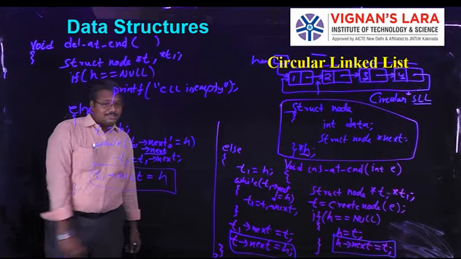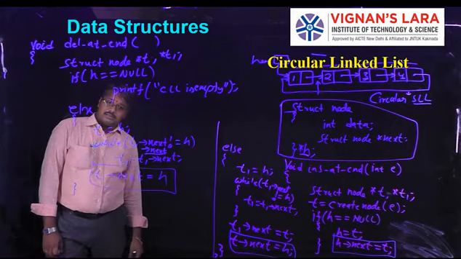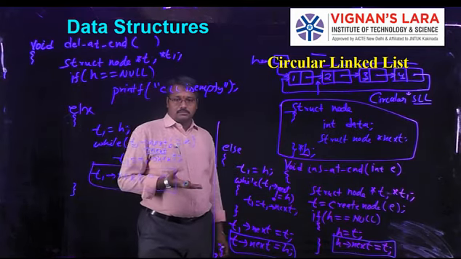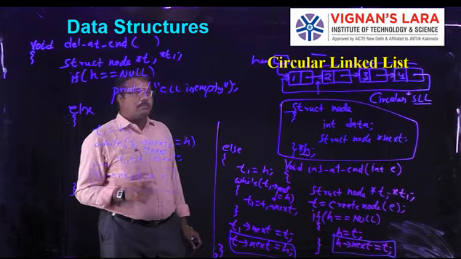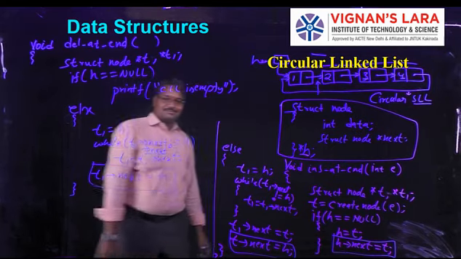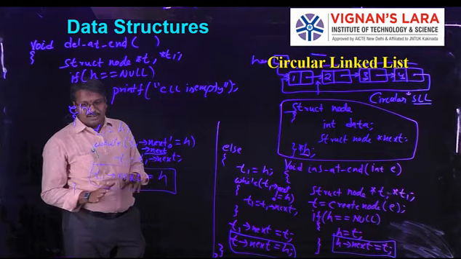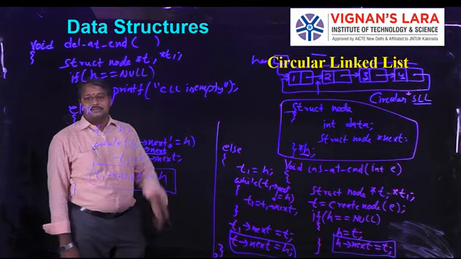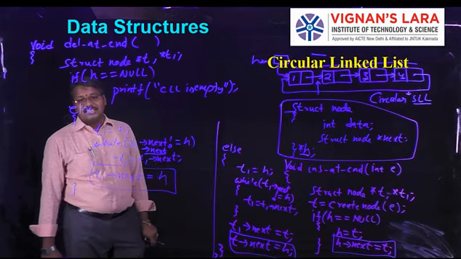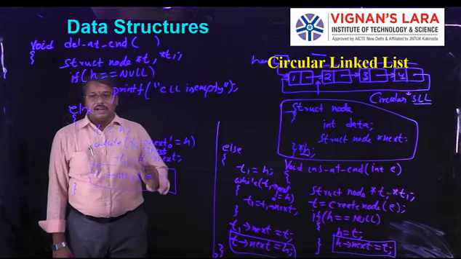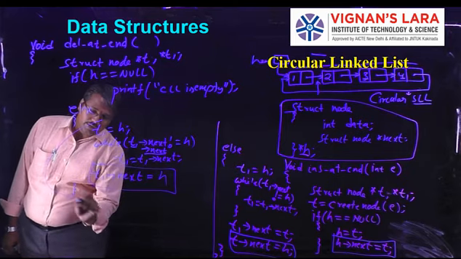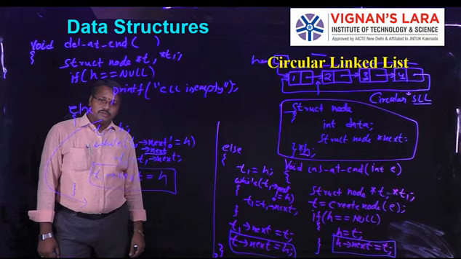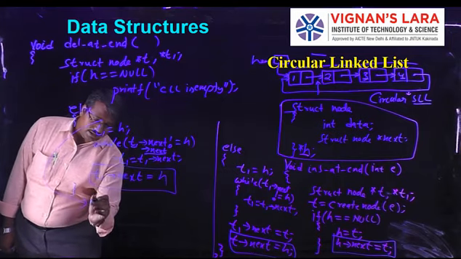Here one peculiar case is there. Say for example, the linked list is not empty, but the linked list consists of only one node. That means that is the first node and that is the last node also. Here we are making one step comparison. In this case it does not work. So what we have to do? Here we need to add some part of the code.